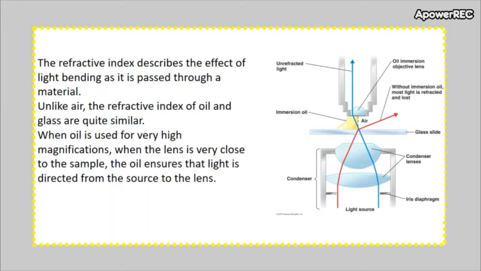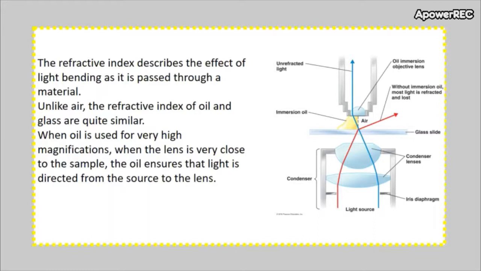As you can see in this image, as the light reaches the glass slide, if there is nothing but air between that and the objective lens, you tend to have a higher degree of refraction or bending of light in the air. And for samples where you have really high magnification, you need to direct that light more correctly